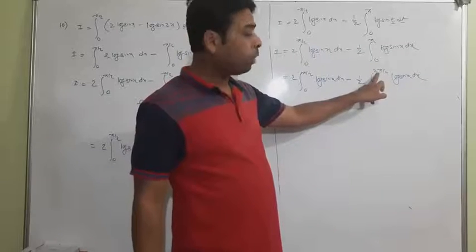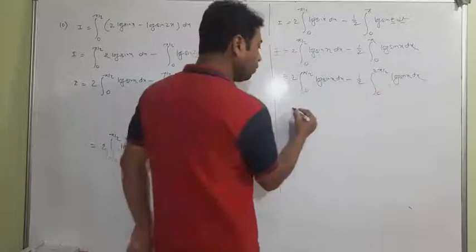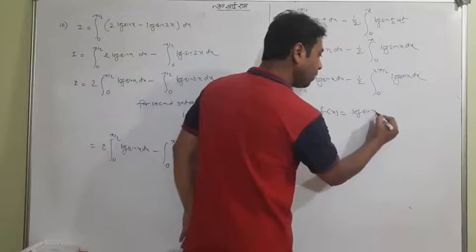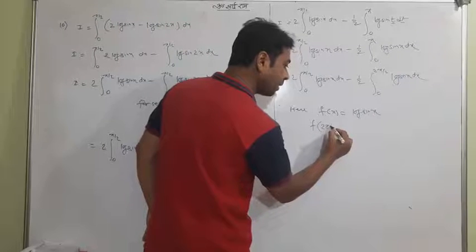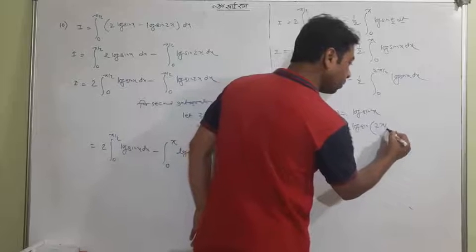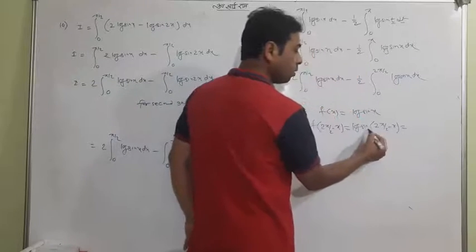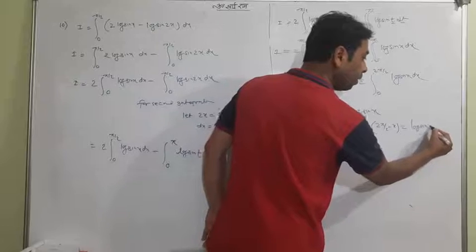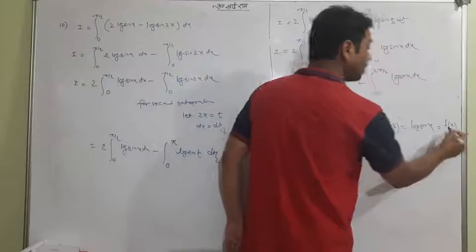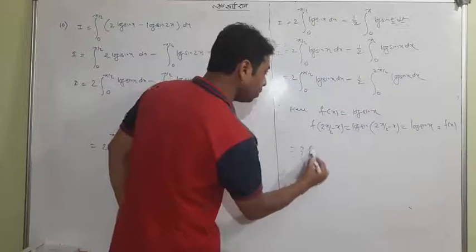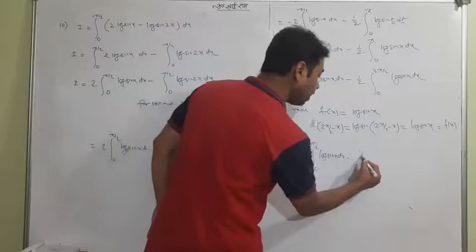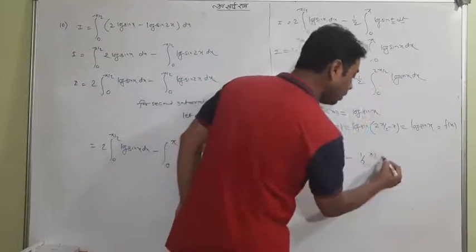Then after, you know, it's a property 0 to 2a. So can we use here what is f of x equal to log sin x? What will I write in place of x? 2a minus x. So what will it be? Log sin of 2a minus x. This will be log sin x. Why? 2 and 2 cancel, sin of 180 minus theta is sin theta, meaning same. When this is the same, 2 will be written outside: 0 to pi by 2 of log sin x dx, that 2 will be outside.